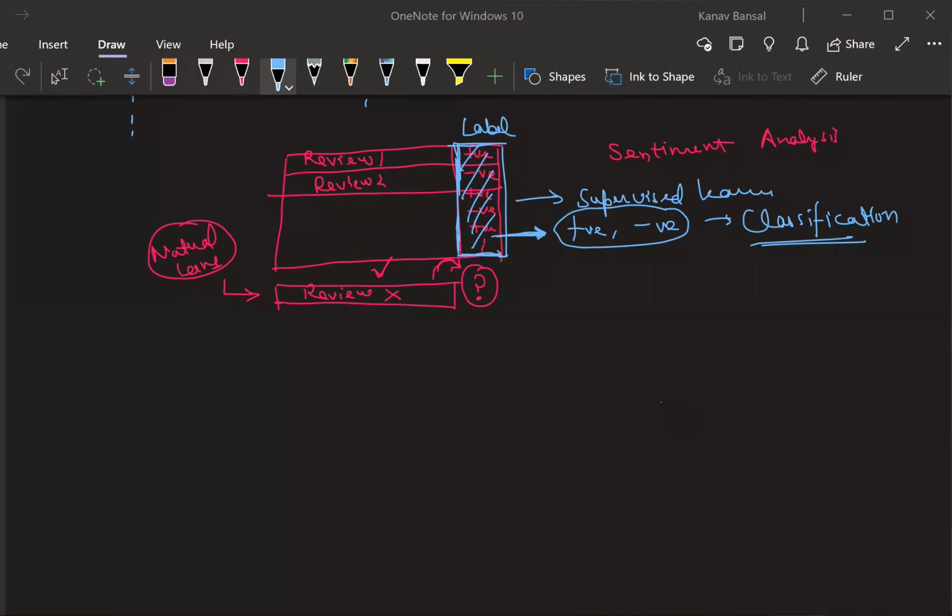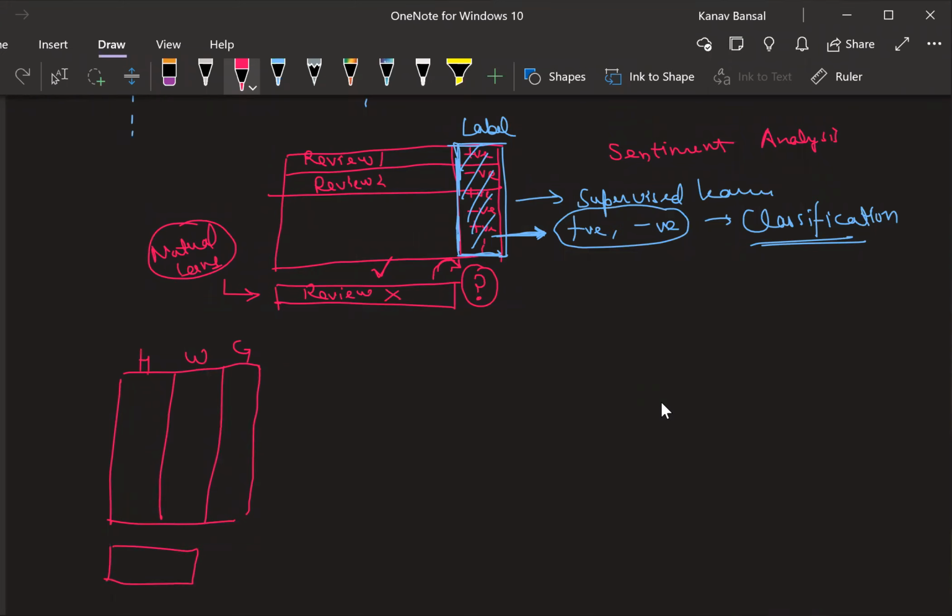All right. Now try to remember one more thing. In the beginning of the machine learning session, on the first day, we saw one example where height, weight, and gender were given to us. We were supposed to do something like this: in future, given any height and weight, I need to predict the gender. This is something that I was trying to solve on that day.